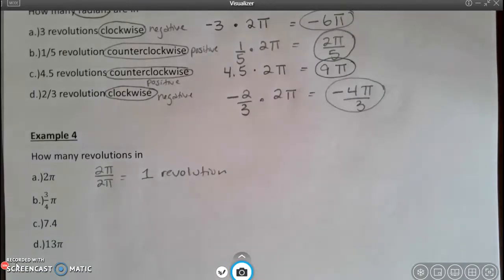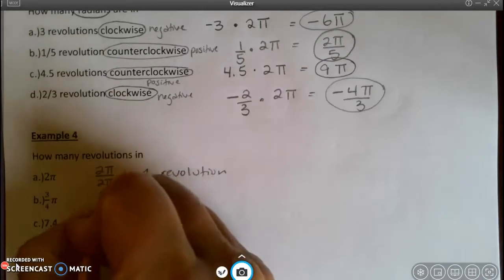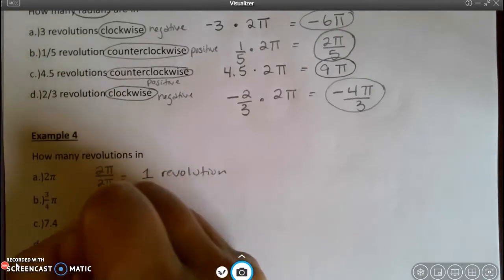Many students say that they think about, well, how would I do it if it was degrees? Okay, I just need to do the same thing. But rather than dividing by 360, I divide by 2 pi. Up in example 3, rather than multiplying by 360, I multiply by 2 pi. So let's see how many revolutions are in 3/4 pi. I take 3/4 pi and I divide